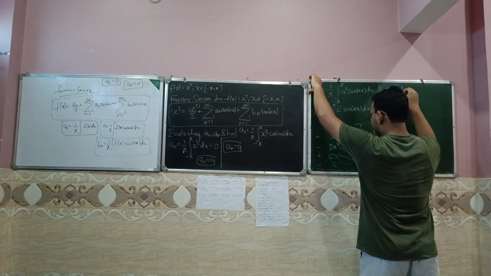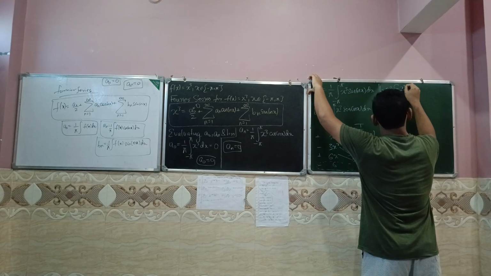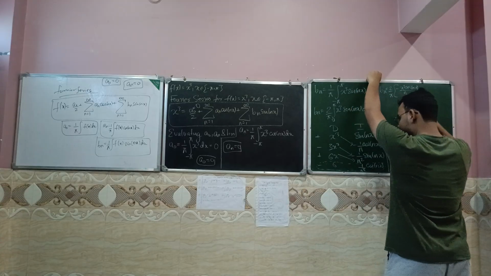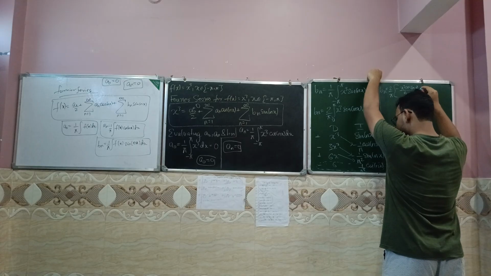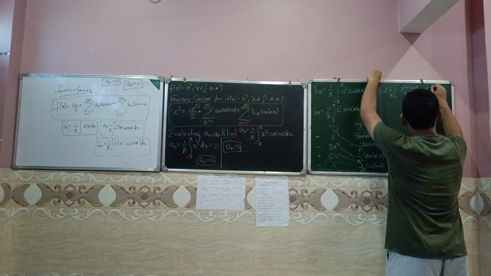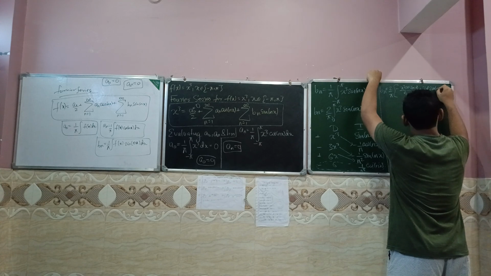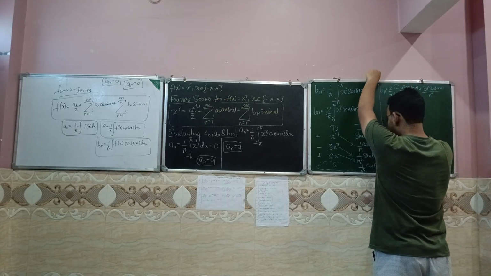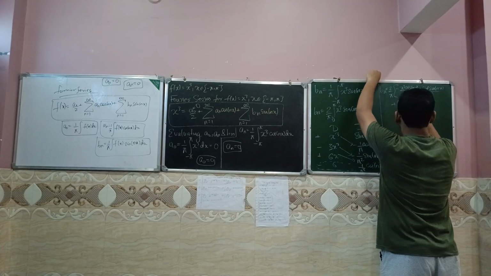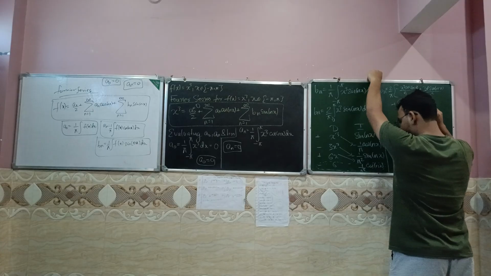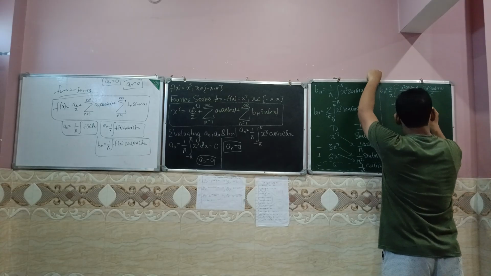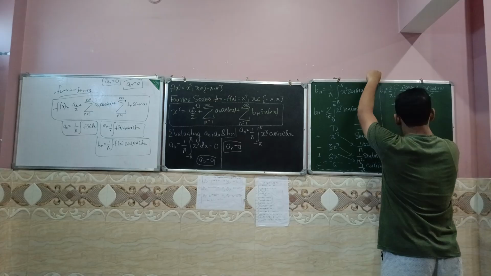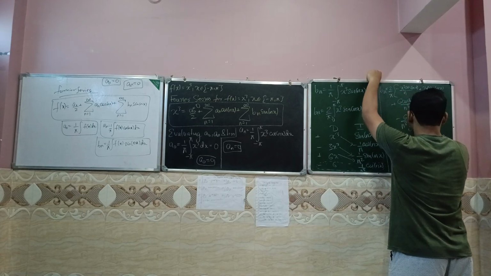negative 1 over n times negative x cubed cosine nx, plus 3x squared sine of nx over n squared, and plus 6 cos nx over n cubed, from 0 to pi, and a negative 6 over n cubed integral from 0 to pi of cosine of